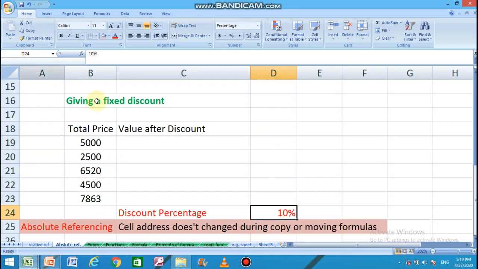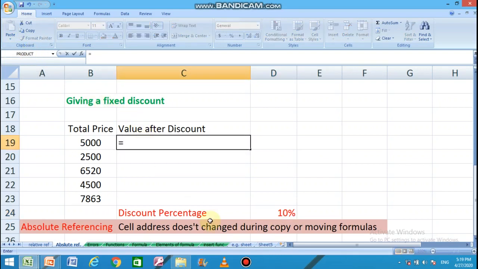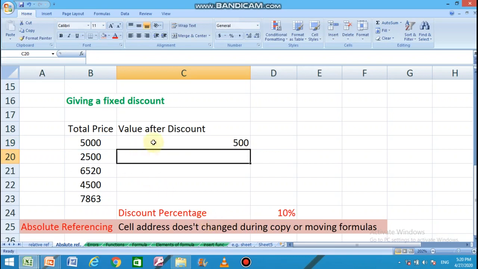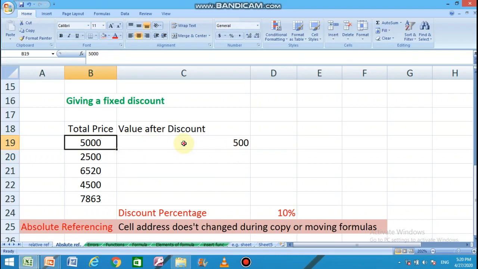Let us type the formula: equals 5000, which is in B19, times D, dollar 24. Press enter. The discount price is calculated for cell B19.